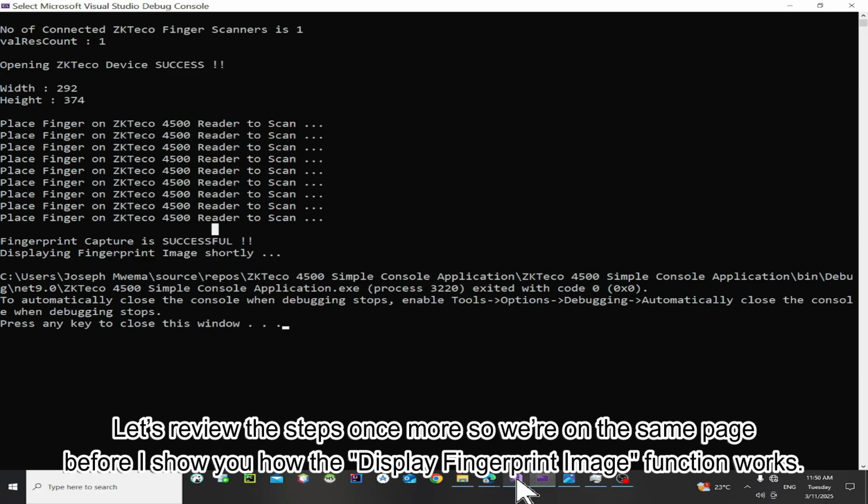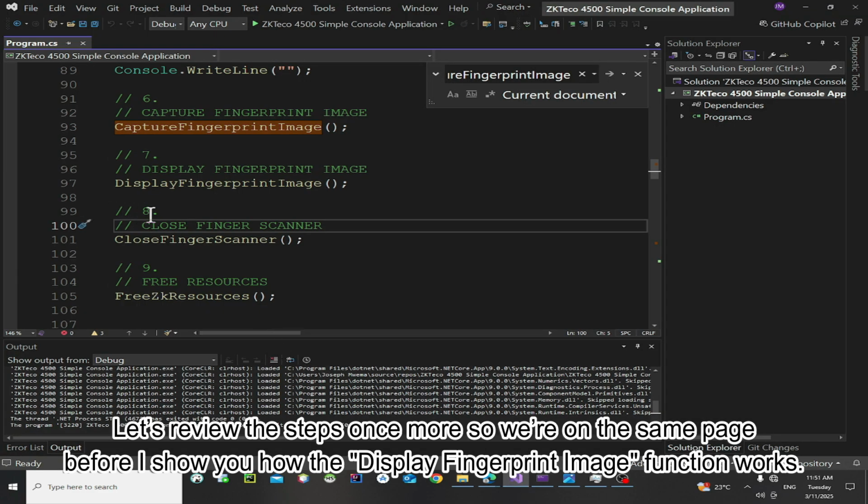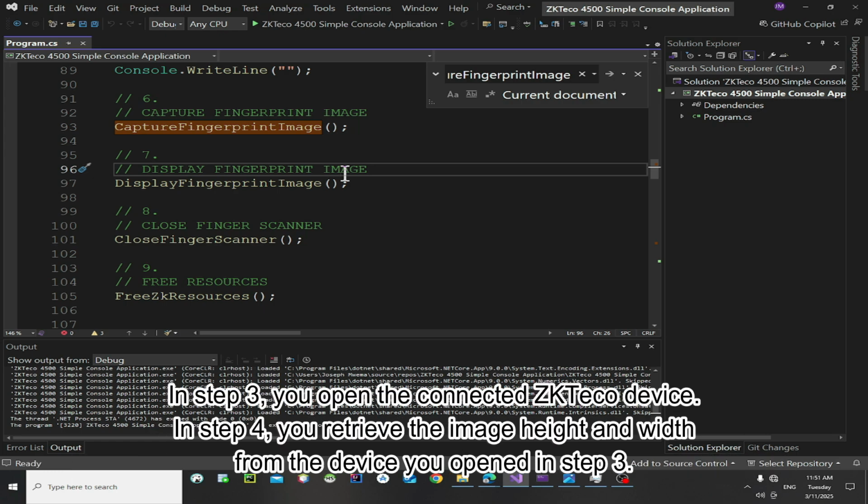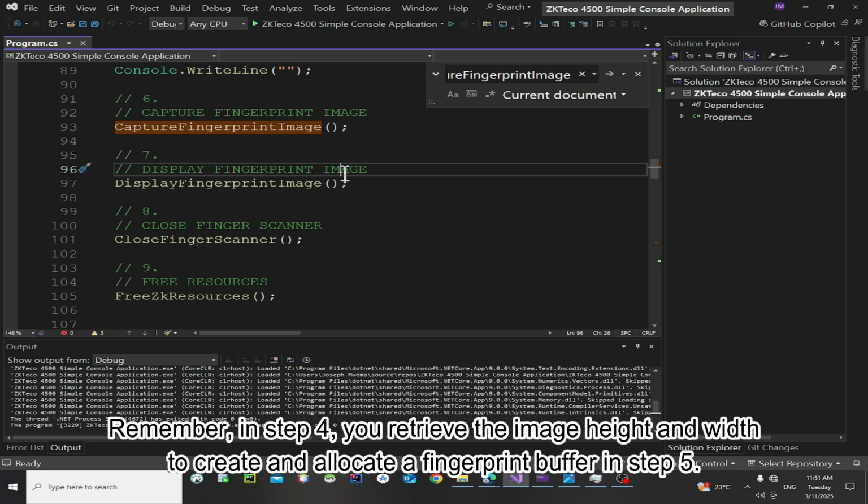So let's review the steps once more so that we are on the same page before I show you how the display fingerprint image function works. The first thing you need to do is to initialize the ZKTeco API in step 1. In step 2, you need to get the number of connected fingerprint scanners. In step 3, you need to open the connected ZKTeco device. In step 4, you need to get the image height and the image width from